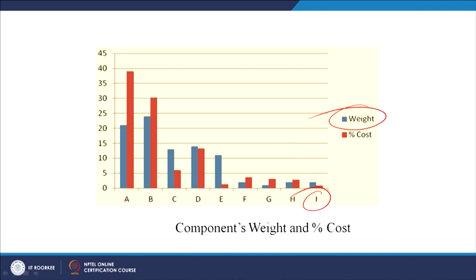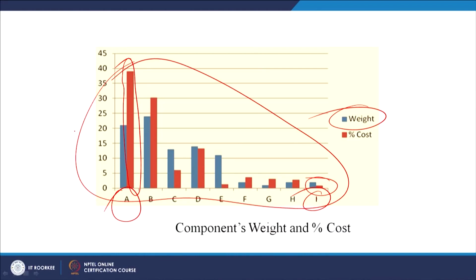Now we know this is a very important diagram. Here we see that A is the part which is having the maximum percentage of cost associated with it. So sometimes when we try to locate the problem areas in any product, we try to focus on high cost items. That is our general tendency, that here the maximum cost is going, is there some scope of improvement for this particular item? Because sometimes if we focus on a very low cost item, we may not realize the true potential of the principles of value engineering.